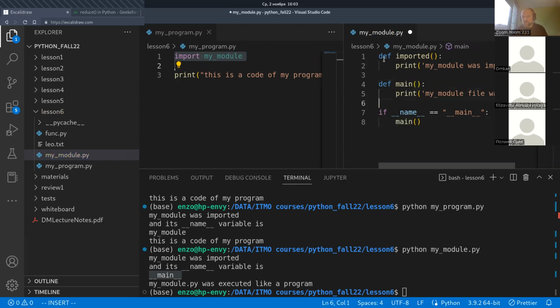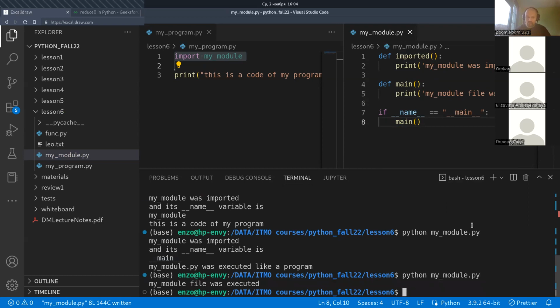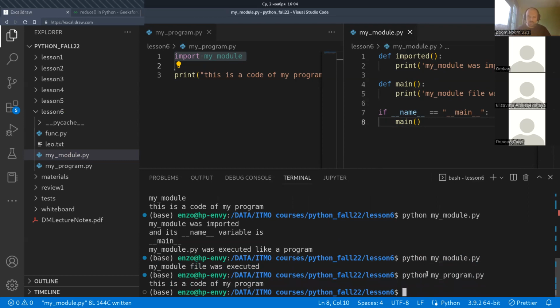So now it looks like a standard construction for the module file. If name is equal to main, please execute the main function. Okay, let's go to the terminal. And if now we execute the module file, it will return "my module file was executed". And if we execute the program file, it will return that this is a code of, okay, I forgot to,